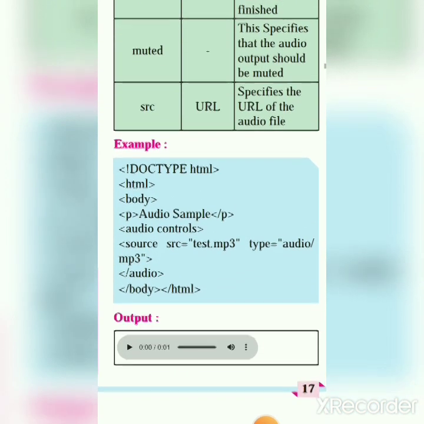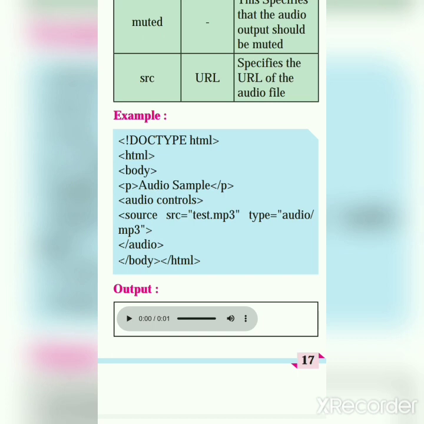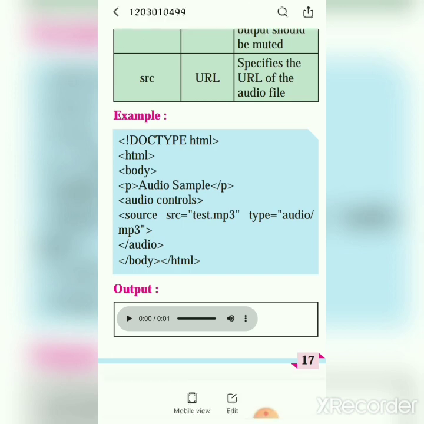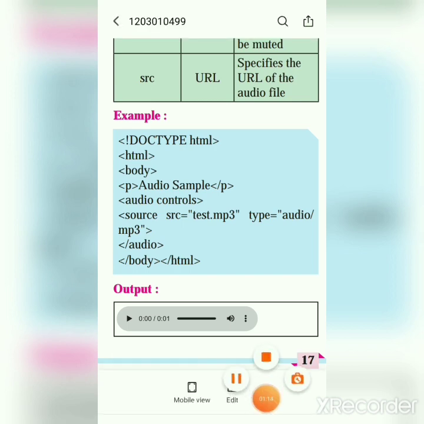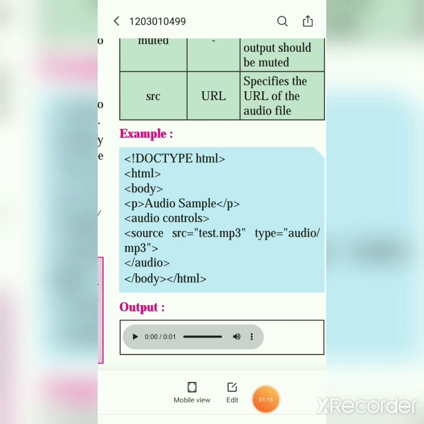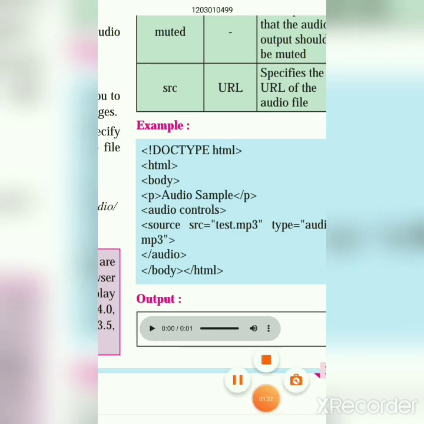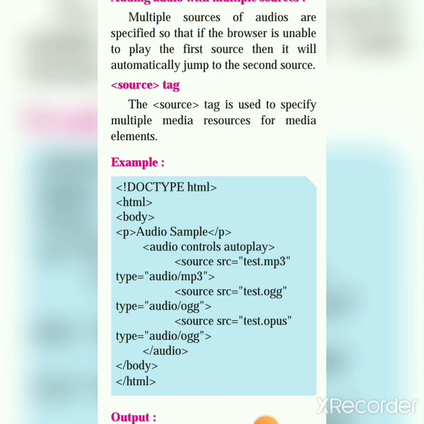Below is a sample program, that is audio controls, and here the source tag is included in this. Why is it included? Because when you want to include more than one file, then the source tag is used. We will see that in practicals. This is actually the use of the source tag.